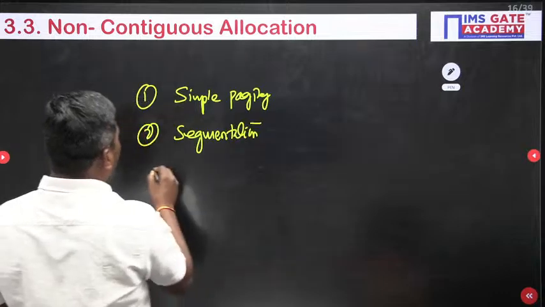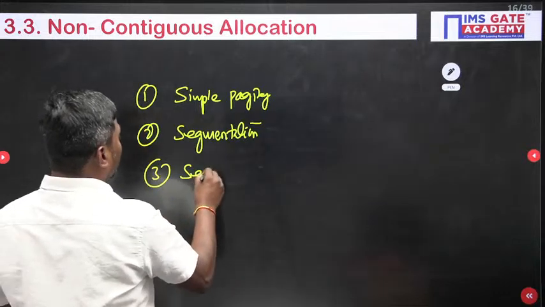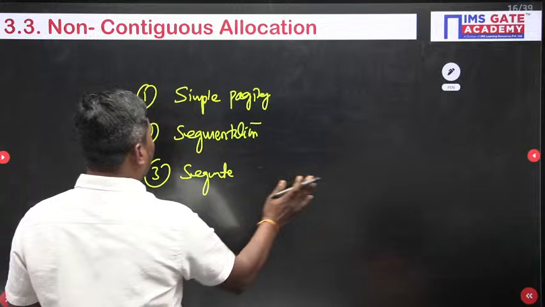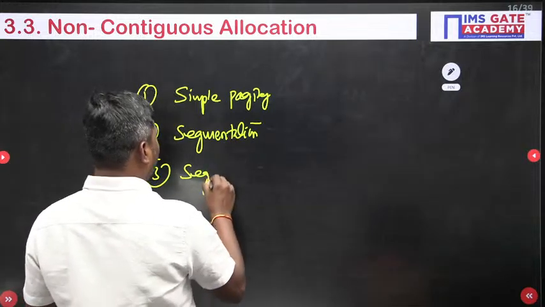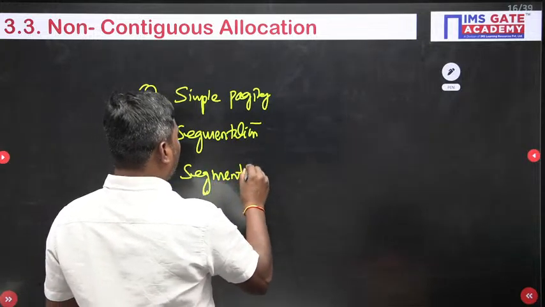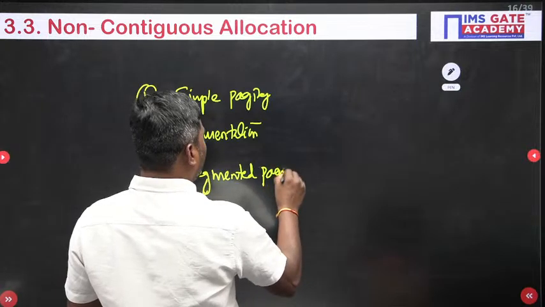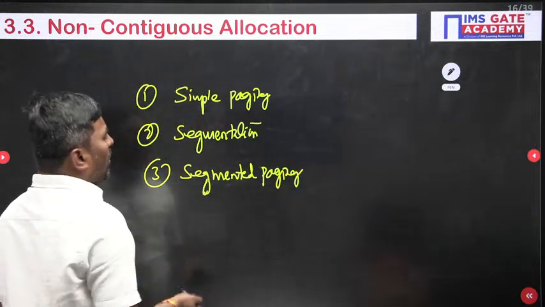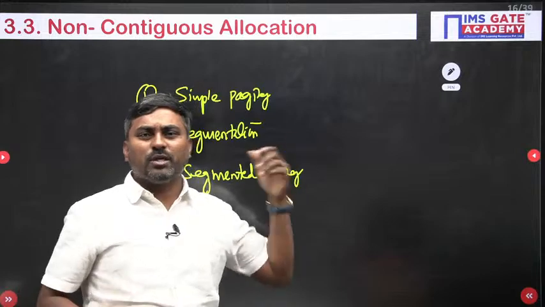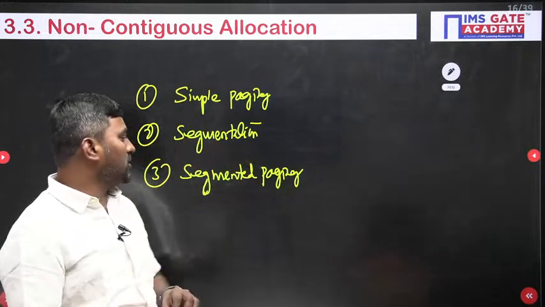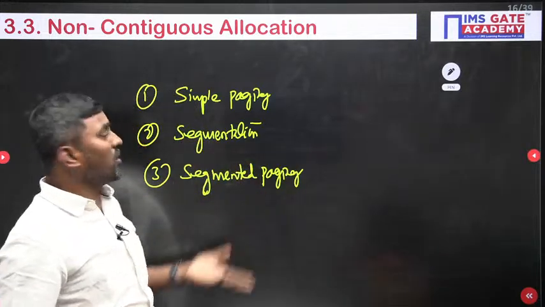Second one is segmentation. Third one is segmented paging also. Even within segmentation, there are many mechanisms, like inverted paging and the hashed page table. There are many mechanisms which you apply for